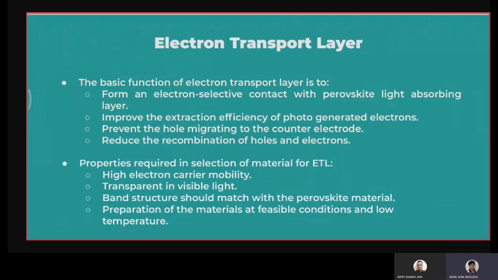Properties required for the selection of the material for the HTL: I have to choose the material which fulfills the properties of the hole transporting layer. The properties are high hole mobility, wide band gap, simple solvent process, then film